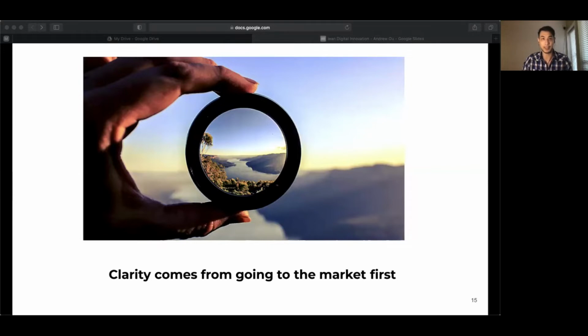And I know that building is really exciting because you're seeing your vision come to life. But I want you also to have this mindset that talking to people can be just as exciting, because you can get access to critical pieces of information that can change your direction entirely.